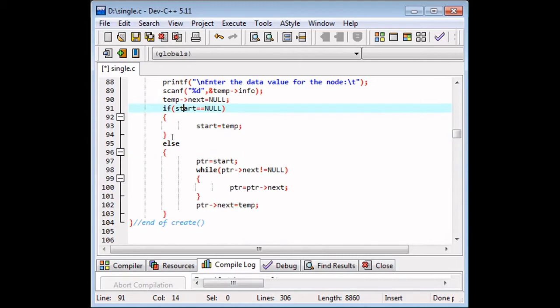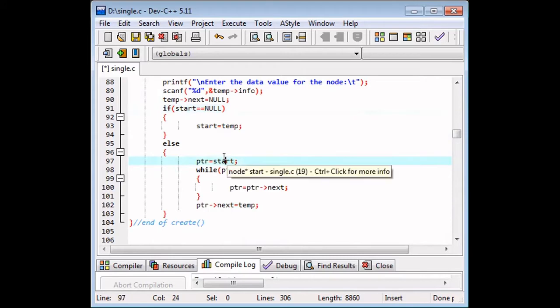In case it is not the first node, then in the else part, what you are telling is: whatever address is there in the start node, store it in a variable called PTR. And start checking. You will have only the start node, the first node address will be there in start.